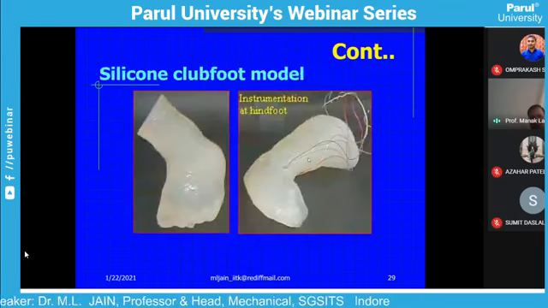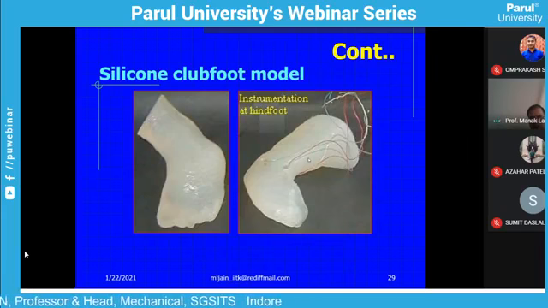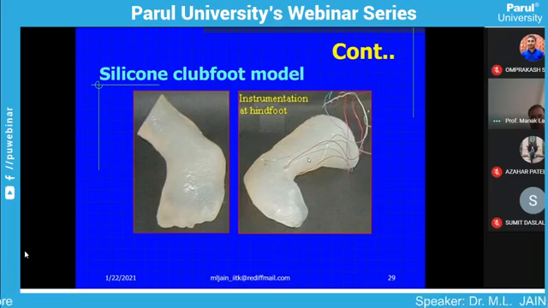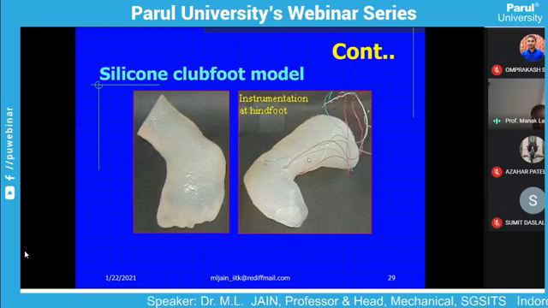You can see this is a rubber silicone model, and on these models some suitable strain gauges or some sensors are fixed at specific anatomical locations as suggested by orthopedic people. Some sensors are fixed, and these are connected to the sensor